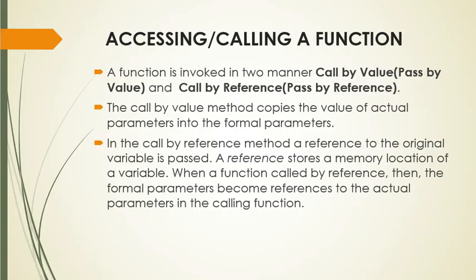Thus in the call by reference method, the changes are reflected back to the original values. The call by reference method is useful in situations where the values of the original variable are to be changed using a function. And this mechanism can also be achieved by passing an object. Here we have passed an object to change the value.